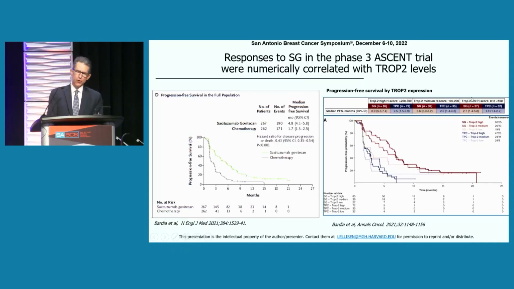So now if we start to look at some specific data in the breast cancer context, these are data from the phase 3 ASCENT trial with sacituzumab govitecan. And on the left, you can see progression-free survival. This was comparing to treatment of physician's choice. So progression-free survival obviously greater. And then when you looked at TROP2 levels, there seemed to be a numerical trend of progression-free survival related to TROP2 levels. This did appear to be a predictive and not purely prognostic effect, because you saw no such trend with TPC, but you did see it with TROP2. Obviously, much more data needed to understand this.